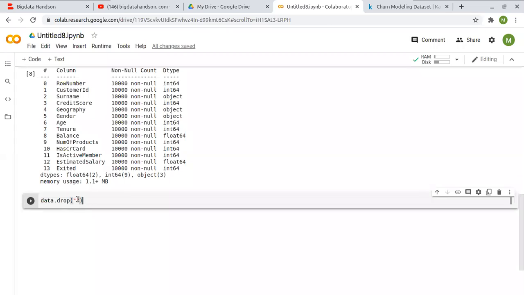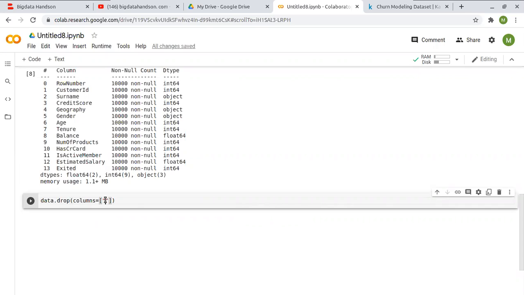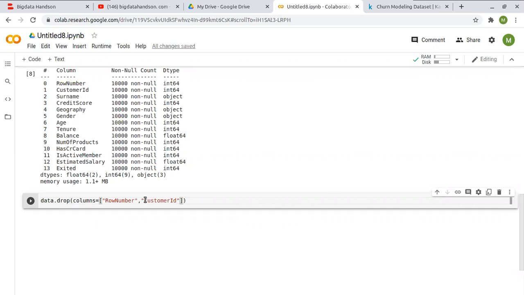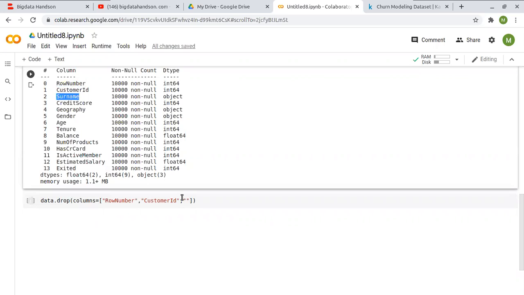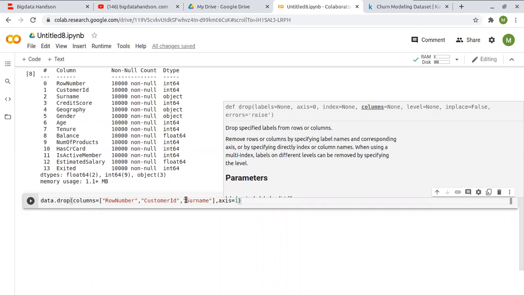Now what I'm going to do is drop some columns which I'm not going to use. The columns are row number, customer id, and surname. These features I'm not going to use, and give the axis as 1. Axis 1 means columns, axis 0 means rows.